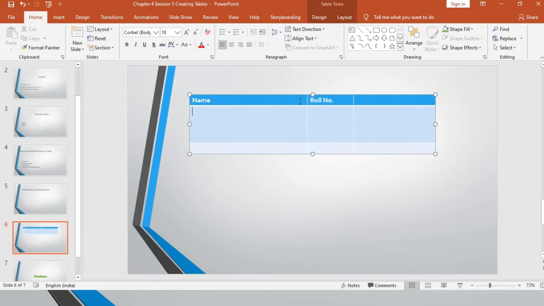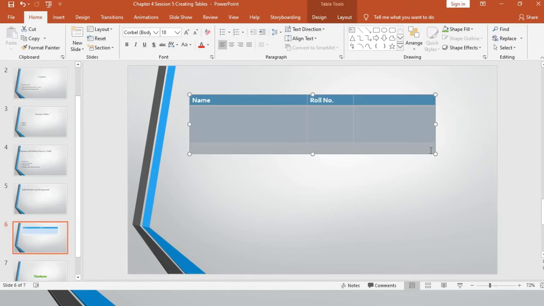Okay, so guys, I hope you have understood how to enter data and how to edit data in a table, meaning how to select a row, column, cell, everything. Now how to select a table. Selecting a table means, from one end till the other end, with the help of your mouse you select the complete table. This is the way in which you can select a table. Just click at one end, move your mouse to the last end, and your table has been selected.